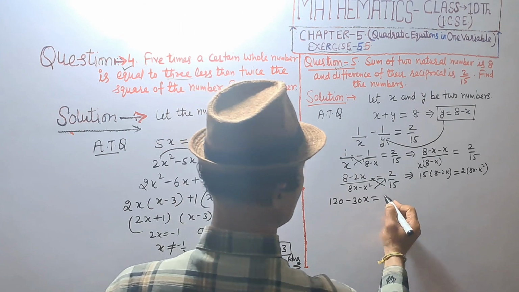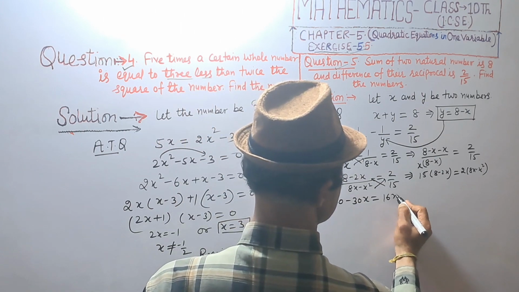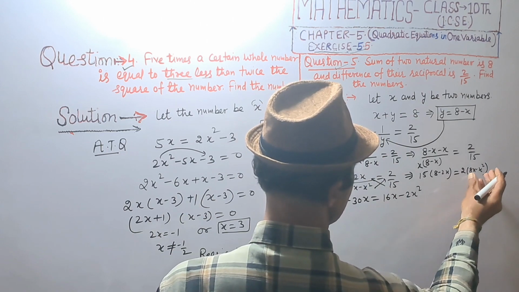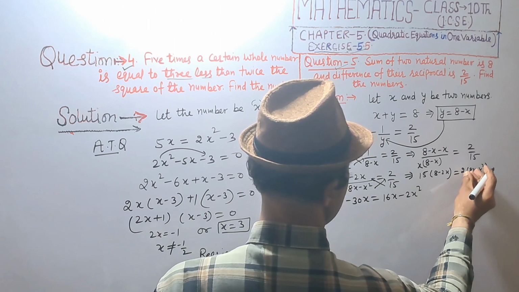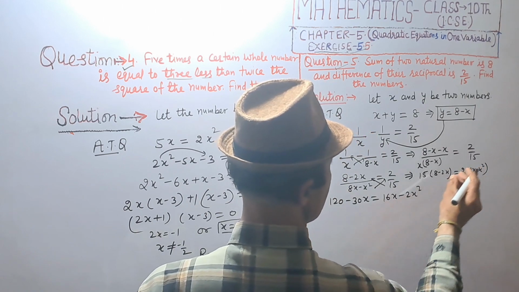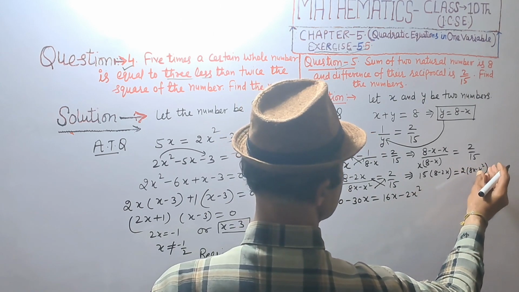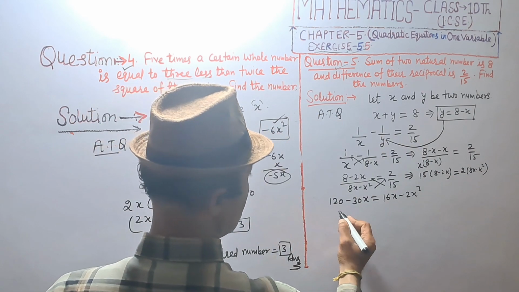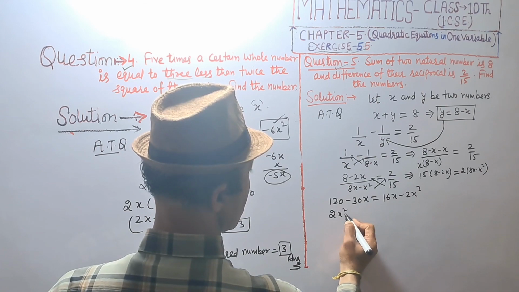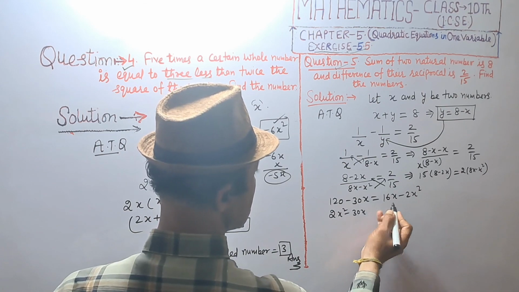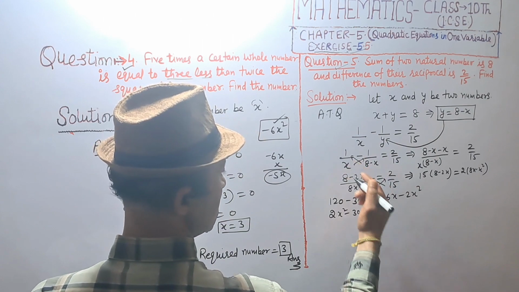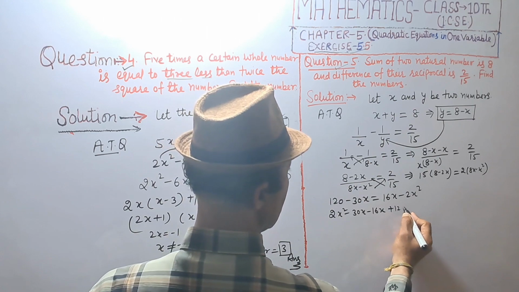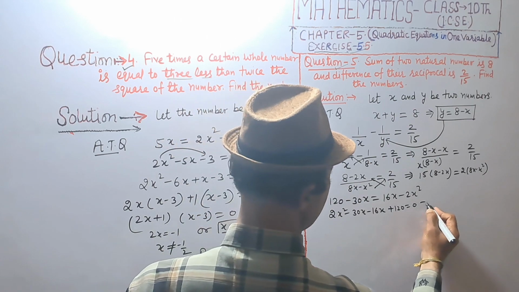Equal to 16x minus 2x square. 8 2s are 16x, minus 2 into x square, that is 2x square. Now we are shifting to the left side. 2x square will be positive, minus 30x and minus 16x, plus 120 equal to 0, which implies